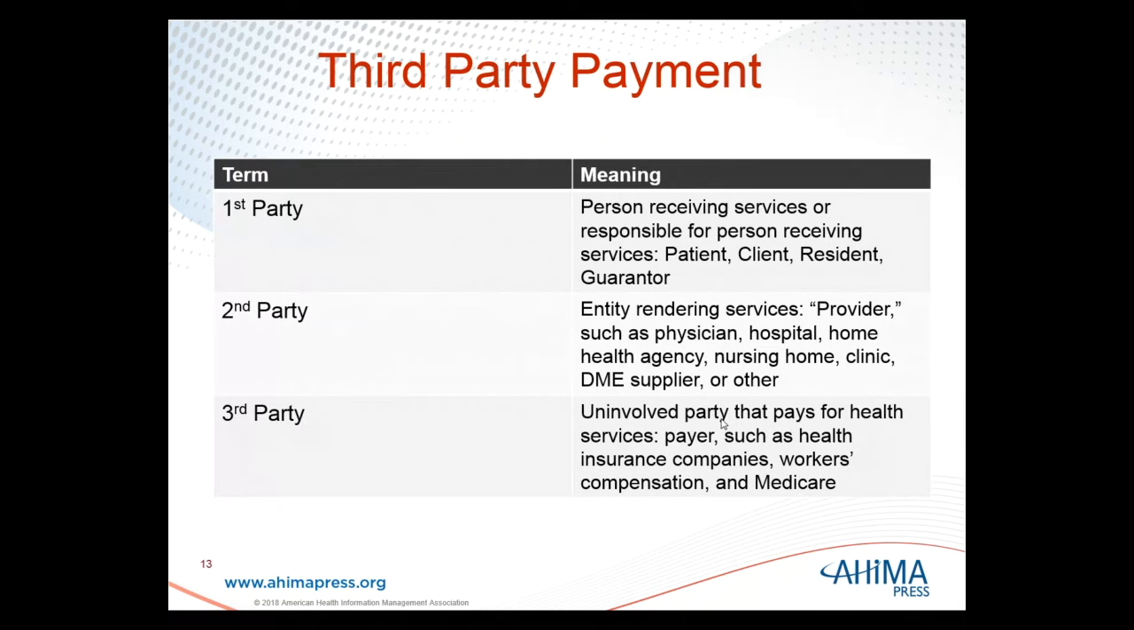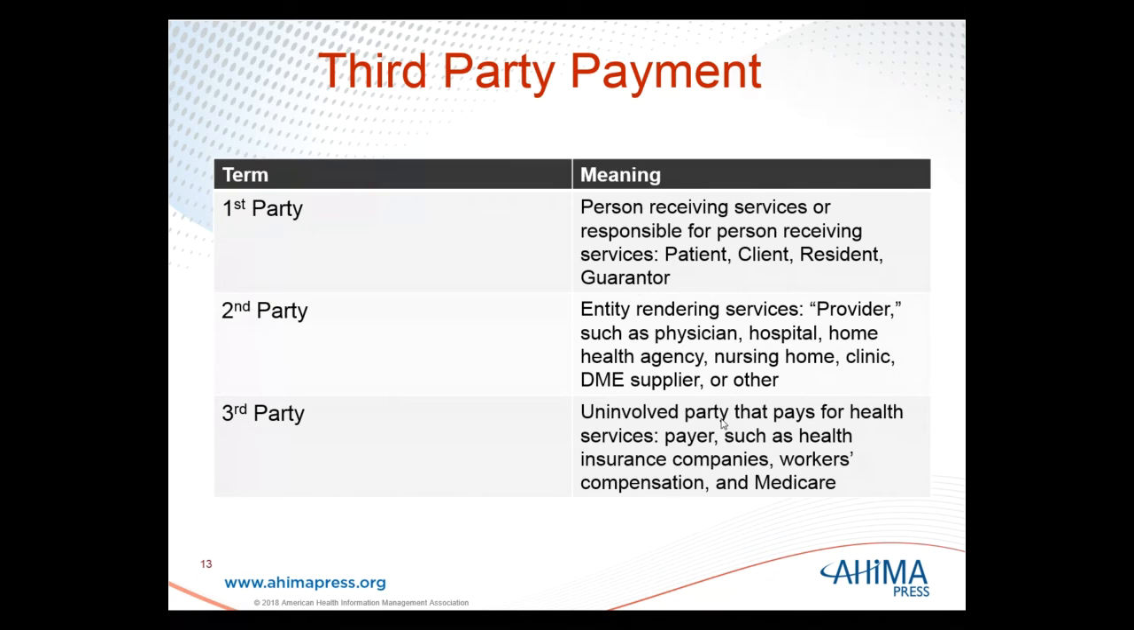So again, remember that reimbursement is compensation or repayment for health care services already provided. We have three parties in our payment. These are the third-party payers. A party is the entity that receives, renders, or pays for health services. So the first party is the person that receives services or the responsible person receiving the services. This could be the patient, the child, a resident, the parent for a child, or adults on their own, and they're